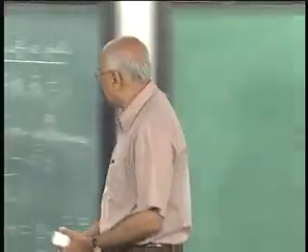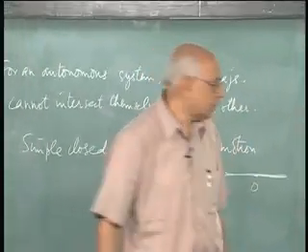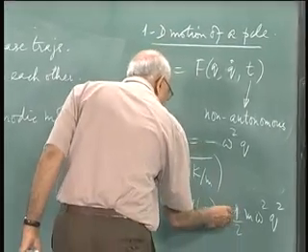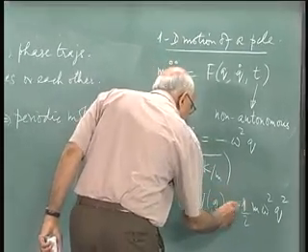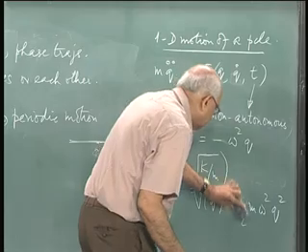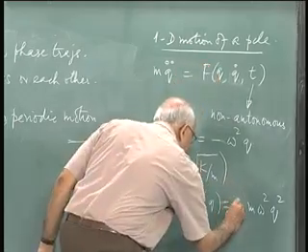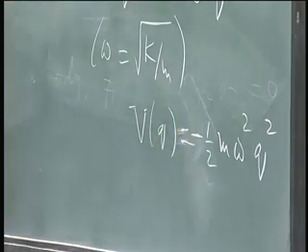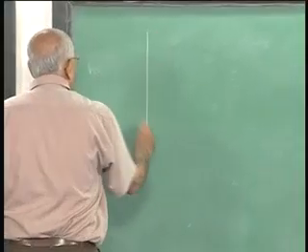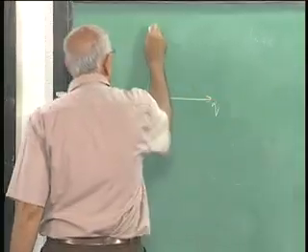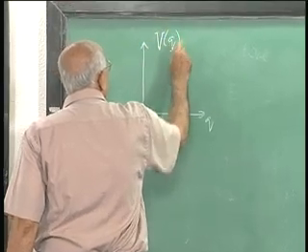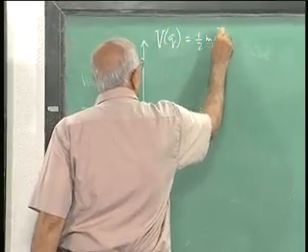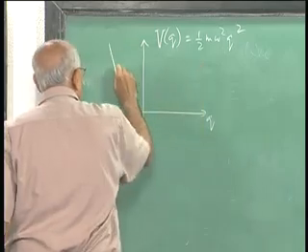What if I change the sign of this potential? What if for sheer perversity I wrote this as minus half? What would this motion look like? We have to be a little cautious. In the case of the harmonic oscillator, if I plot q versus V of q, this is 1/2 m omega squared q squared, this was parabolic,